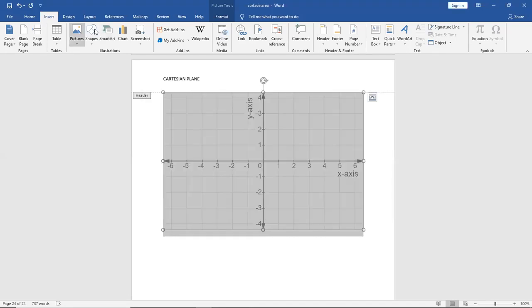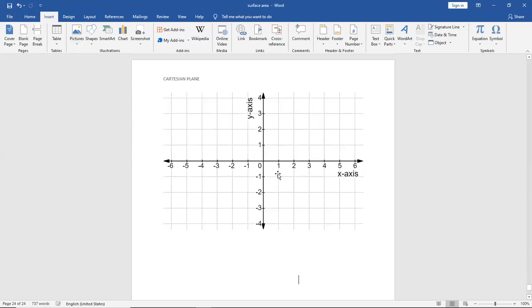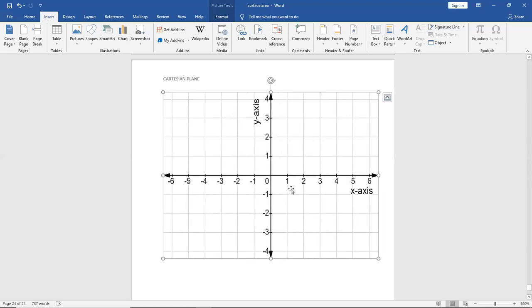So the whole of this, you can see here, let me just show you. This arrow here, showing top and bottom, is what we call the Y axis. And then the horizontal axis, I'll make it bigger, is what is now called the X axis. So here, if you want to name your Cartesian plane, this here,